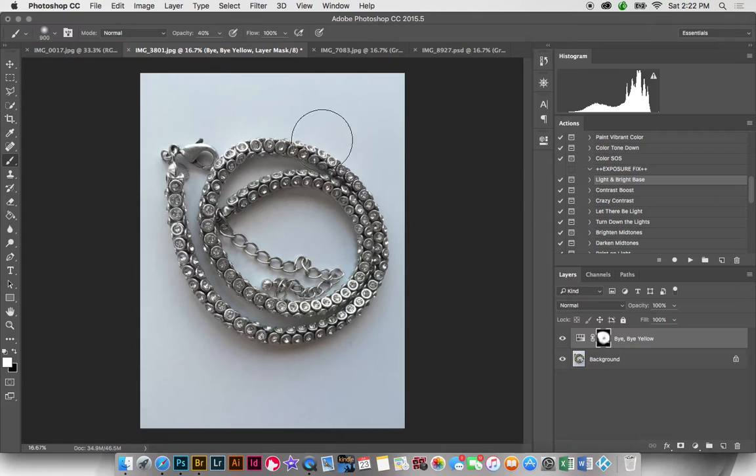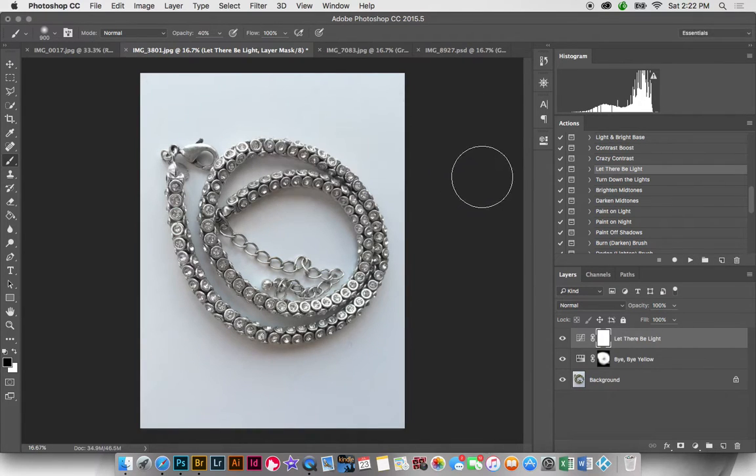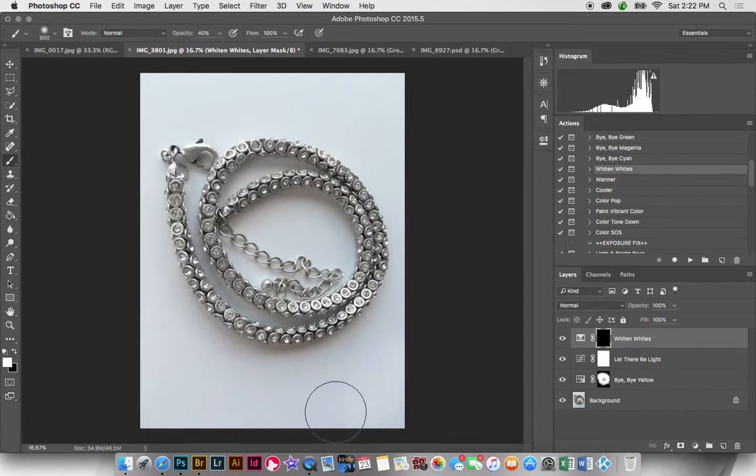So since that one didn't work, but I know I still need some light here, I'm going to try the Let There Be Light action. Okay, and that looks a lot better. That gave a nice brightness to the necklace, but it didn't make it look so dark and contrasty. And then now I'm going to go to the whites and whites, and we're going to whiten this